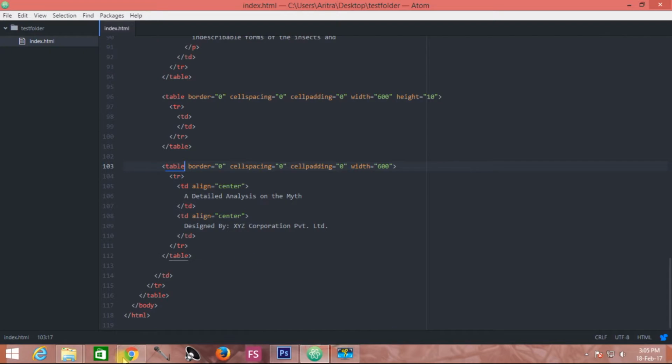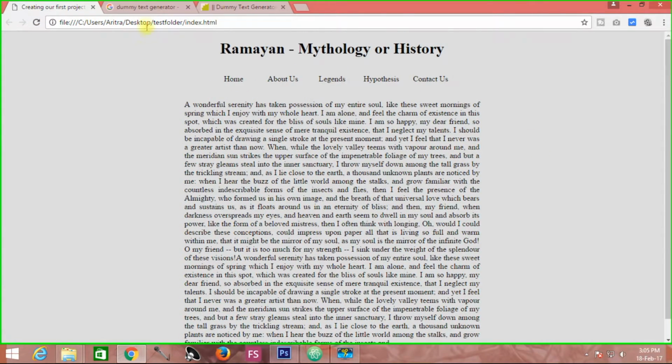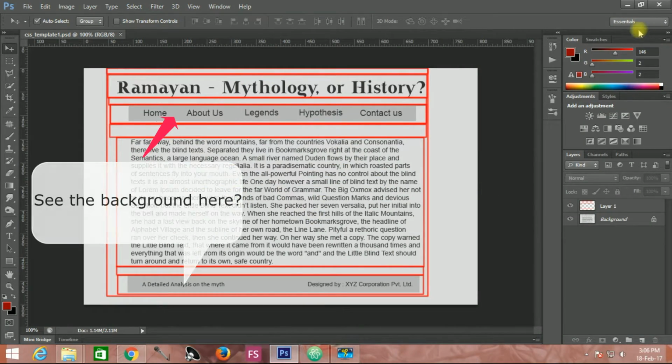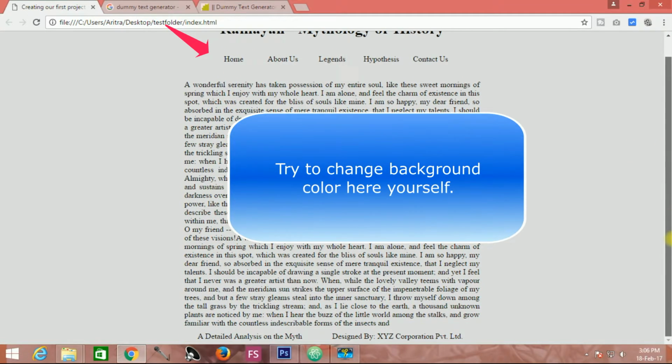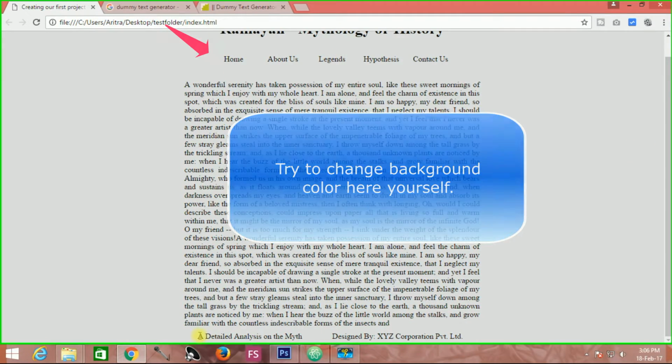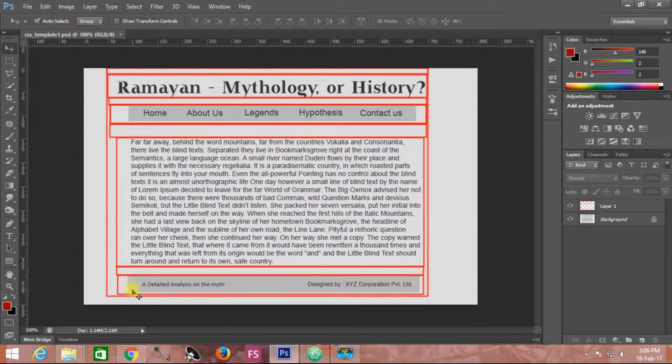Pressing Ctrl S, getting back to our project, reload, and we see that each and every BG color property is now gone, and you are now getting the whole project over here. This is the project actually. You see, here this is a separate BG color that I have provided here.